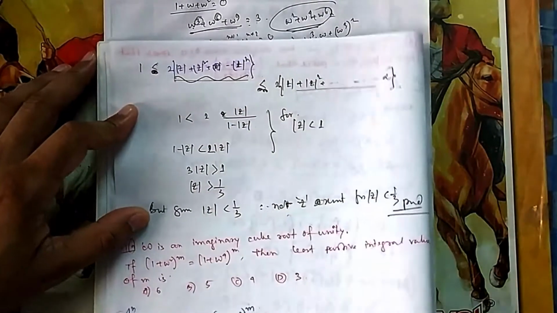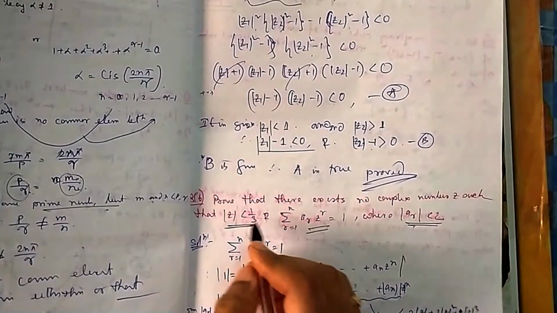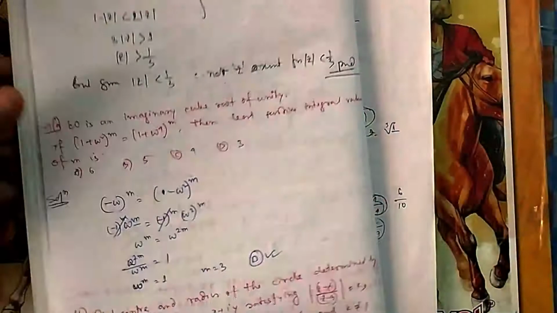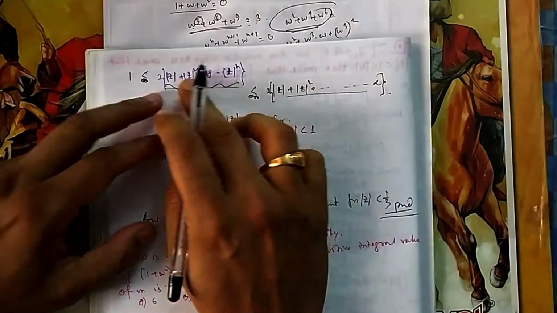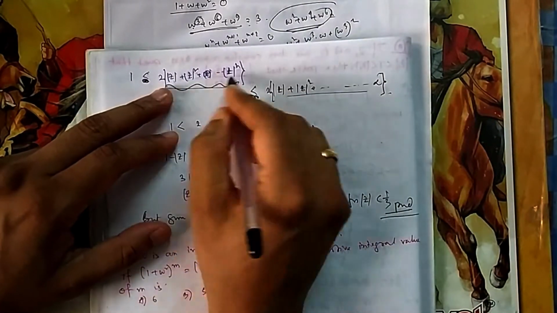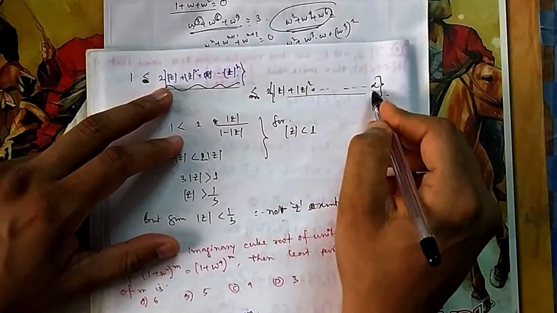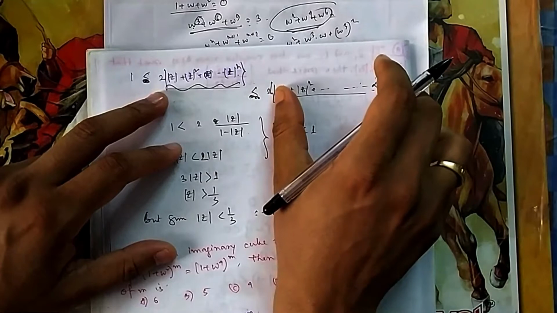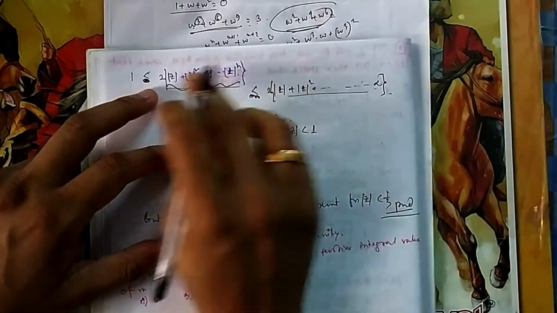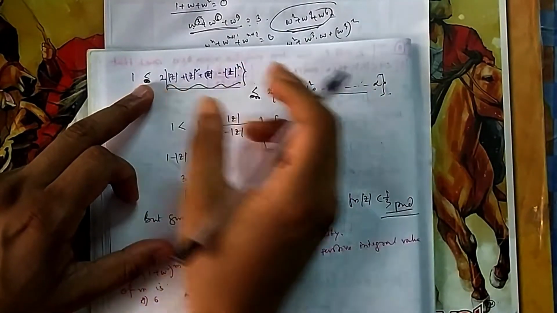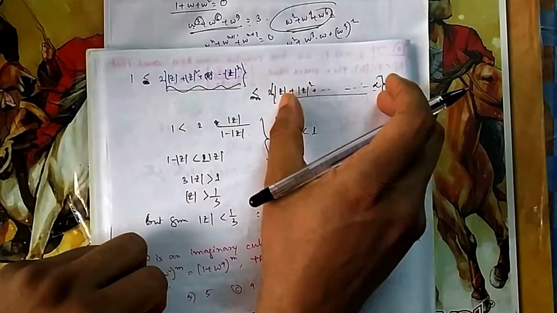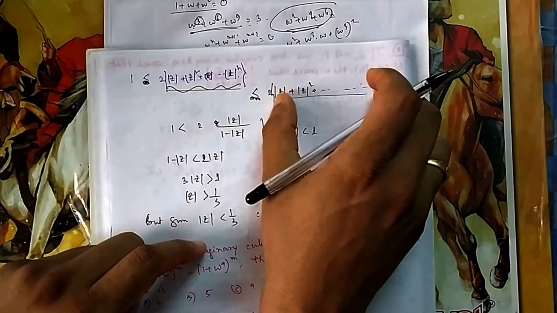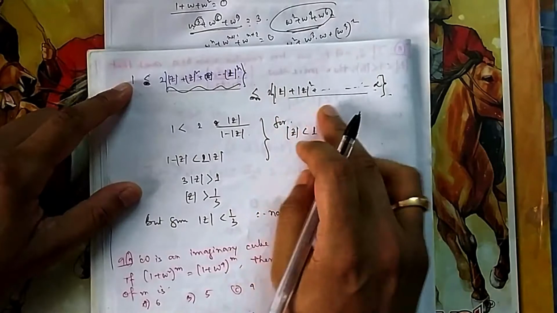Okay, now to make it more interesting, because you need to find mod z is also given less than 1, that is 1 by 3. So I can extend it, because if you are adding all these numbers z up to z to the power, let me add it up to z to the power infinity. Let me continue it up to infinite. If you are adding infinite times, then obviously it will be more than this. Here you are adding only n terms. All are positive, and you are adding more positive terms, so it will be greater than this. So that means 1 is less than this.